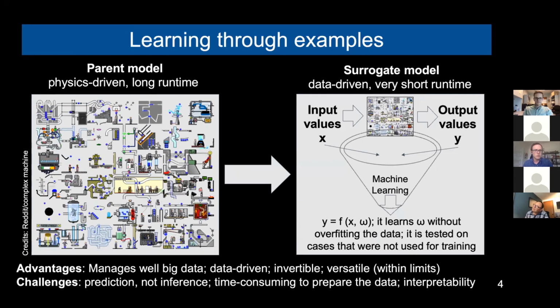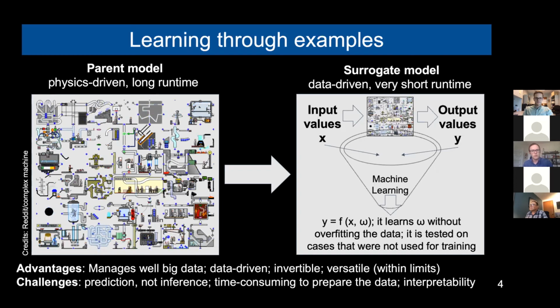But most of these models typically have a long runtime. So they take a long time to give an answer Y given an input X. Instead of using this parent model, which could also be, for instance, measurements from an experiment in the lab in which you have an input and you measure the output, you can think of taking a set of examples X and Y, and training a machine learning algorithm on it. The machine learning algorithm per se doesn't know the equations of physics, but knows how to map the input X into the outcome Y.